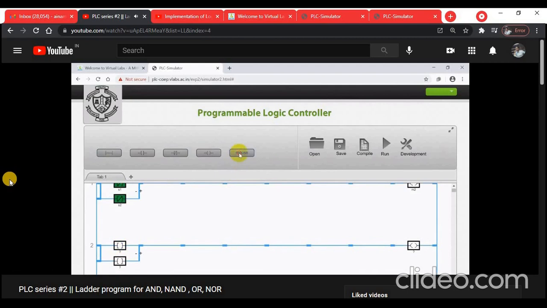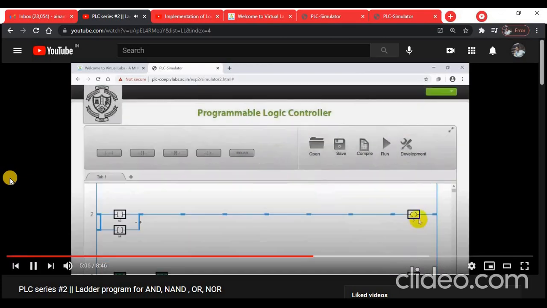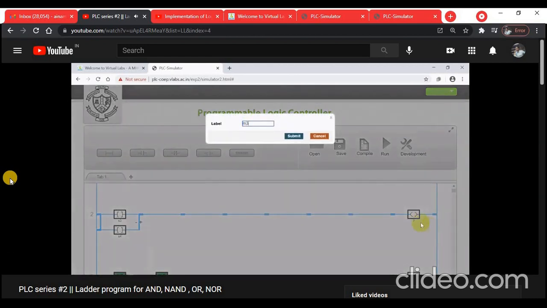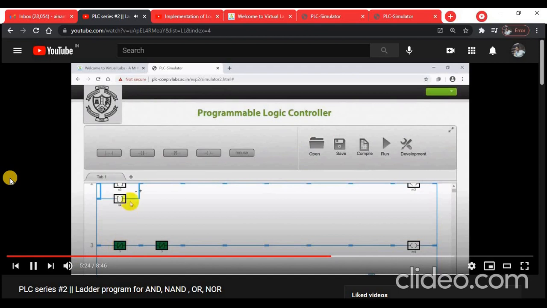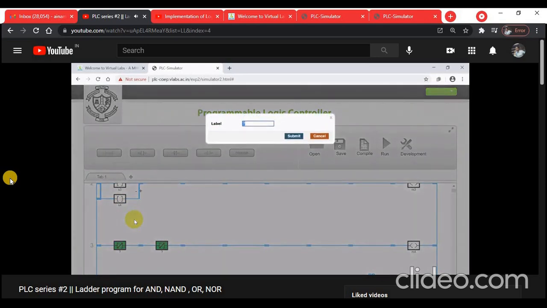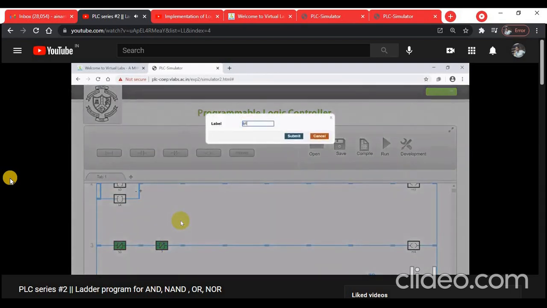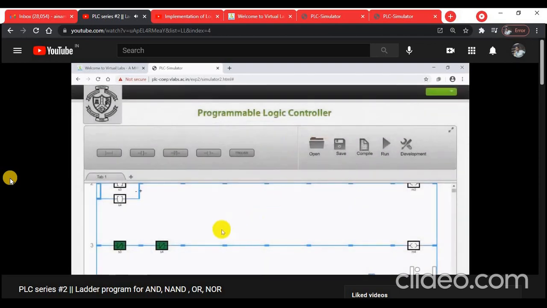Now we have to provide S3 and S4 as the switch names. Previously motor 1 and motor 2 were given already. Now the outputs will be motor 3 and motor 4. Same as previously, here also we are selecting S3 and S4 as addresses. So proper addressing is provided. Now we are going for compilation.